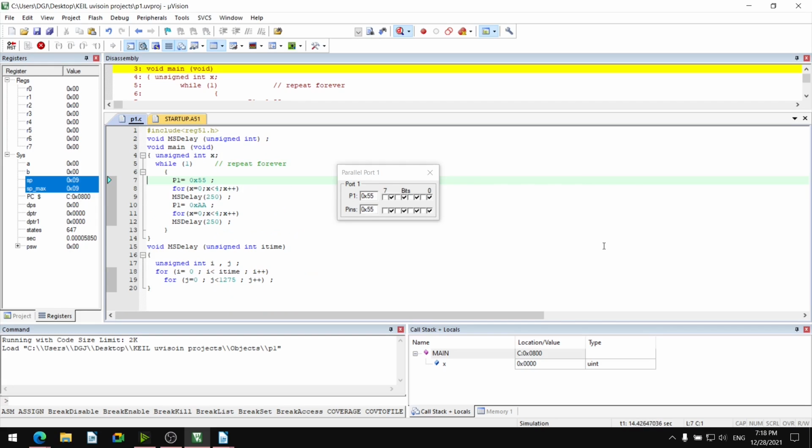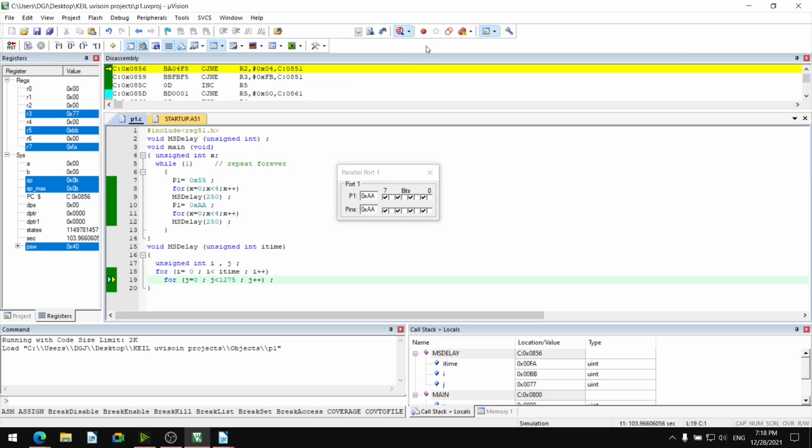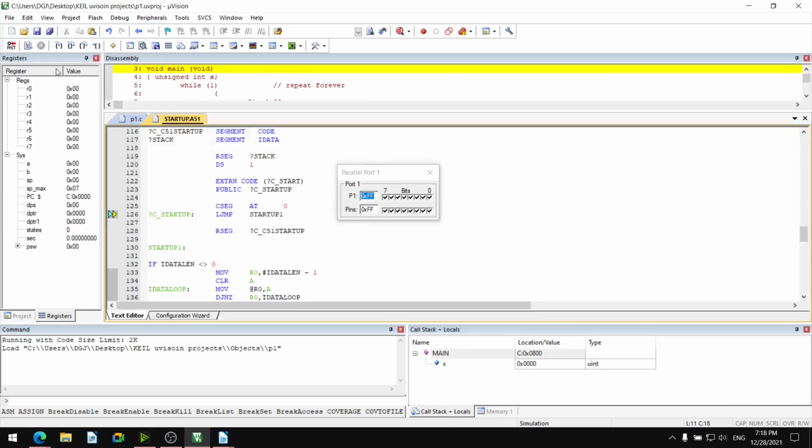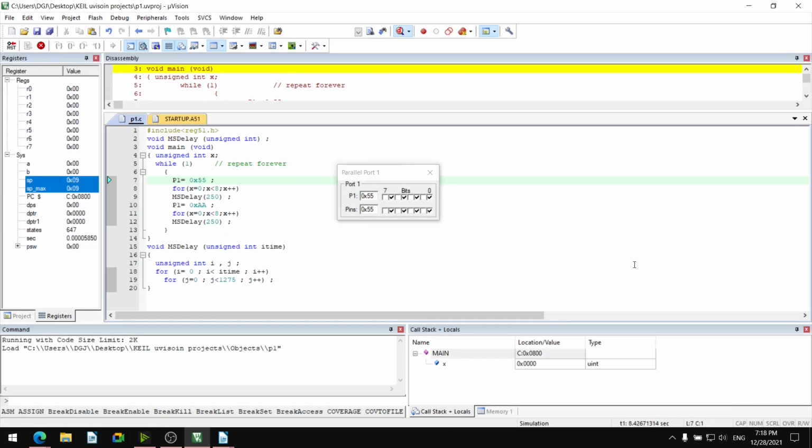It is 1 second now, isn't it? It is 1 second. Let us check for 2 seconds, that is 8, x less than 8. So 8 times 250, so it is 2 second. Save, build, 0 warning, debug session started, execution started. It has become 2 second now. It has become 2 second.